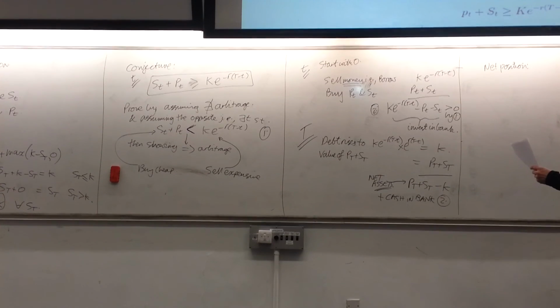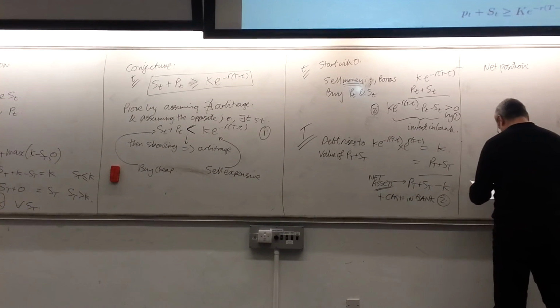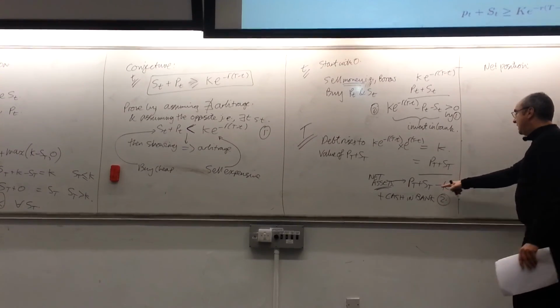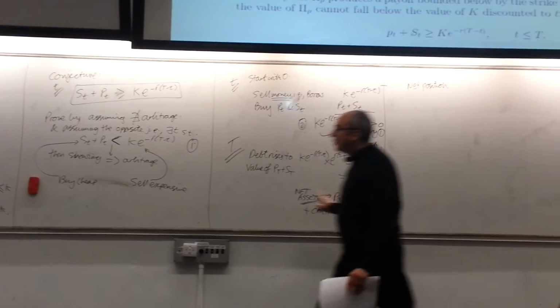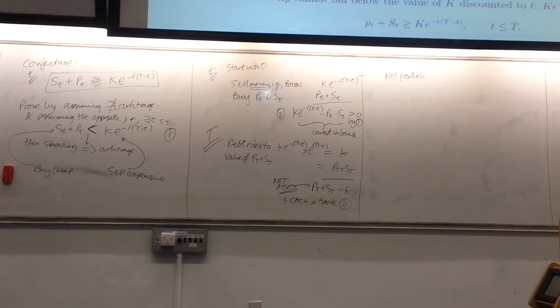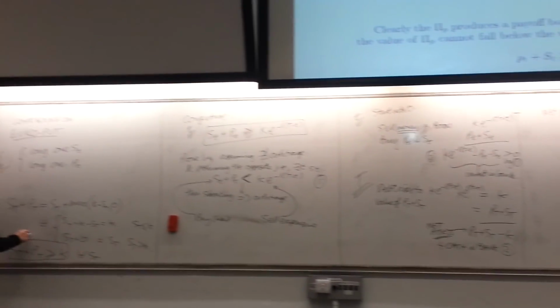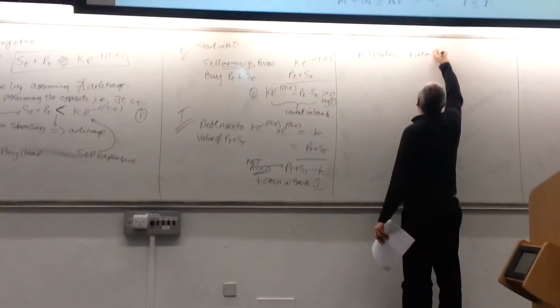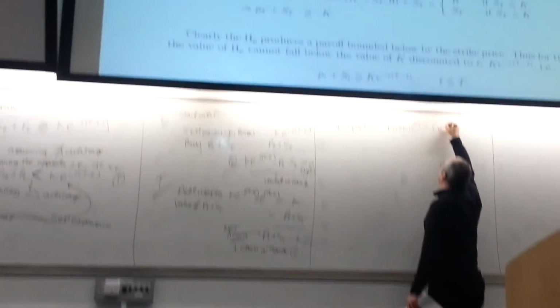Okay. Well, my net position is PT plus ST minus K, but we know from here, okay, from this thing here, which is correct,